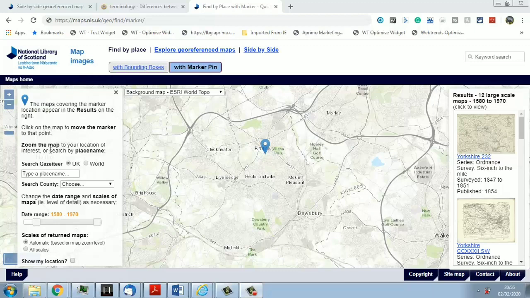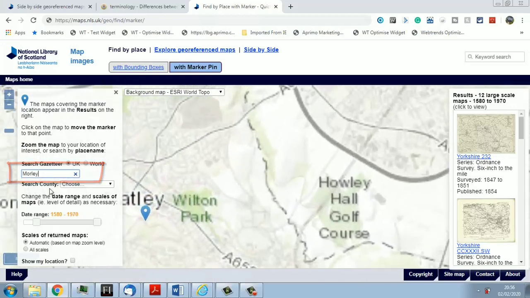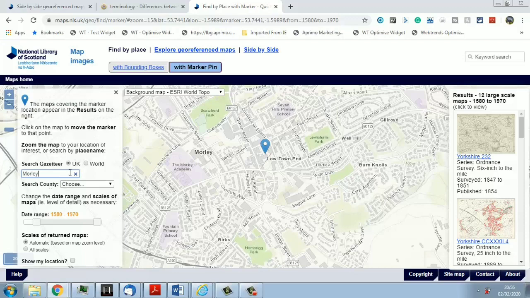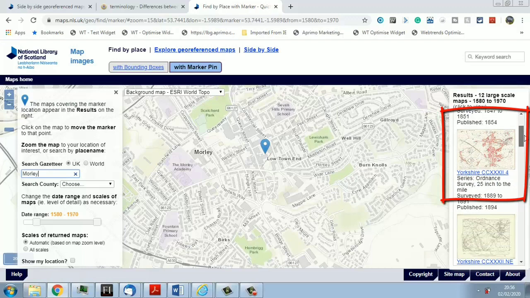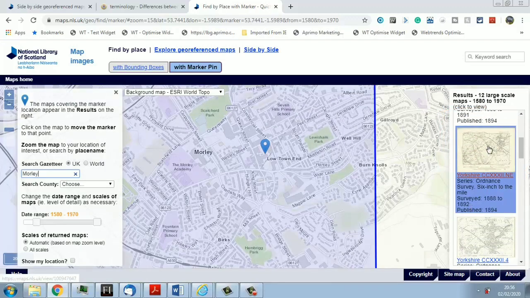So, for those who've not used it before, type your location that you're looking for in the box and click on it when it comes up. I've just selected an old place where I used to live, and it brings up the modern map first, but on the right hand side you'll see that you've also got a selection of older maps for the area, so you can scroll through those and select the one that you're interested in seeing and then click on it